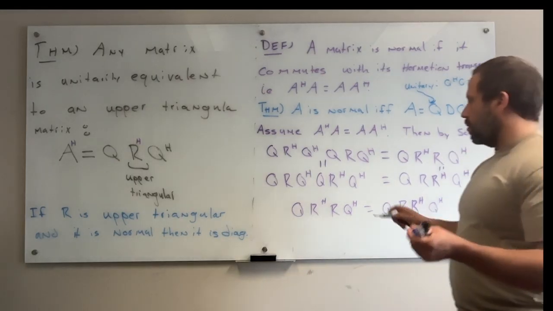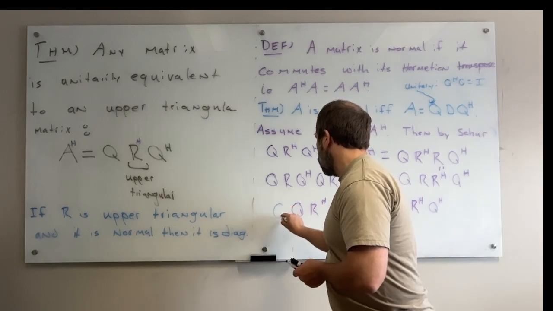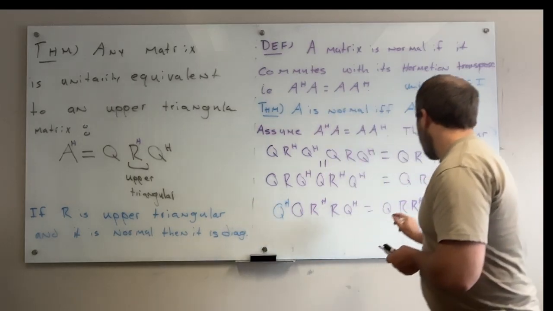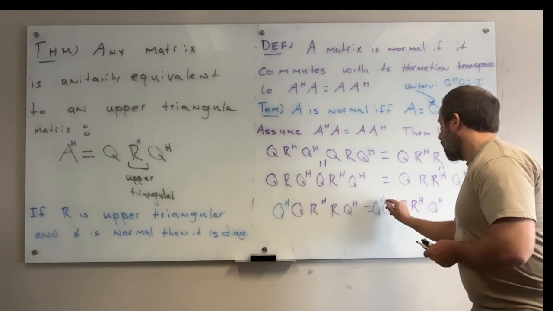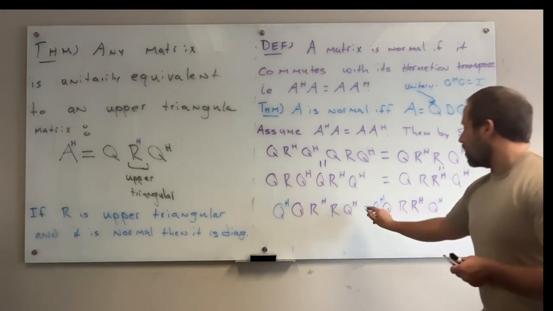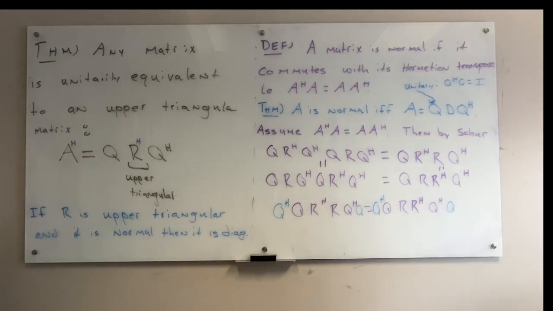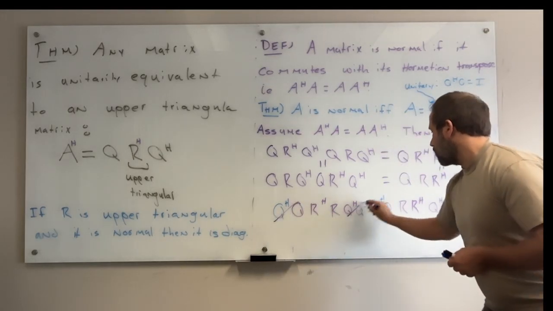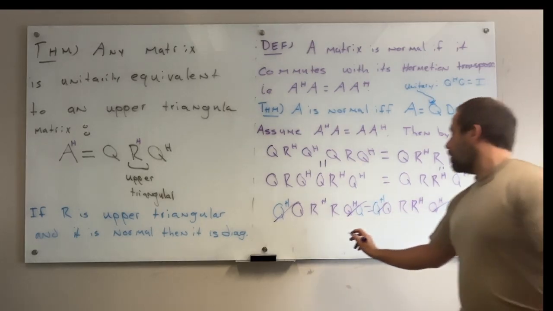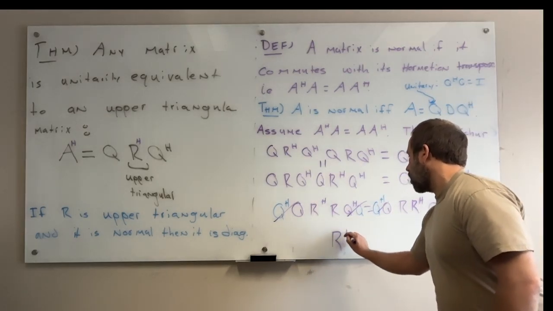Notice what happens if I multiply on the left. These two things are equal. So if I multiply on the left by Q^H, I'm going to have this. And if I multiply both sides on the right by Q, I get this. Q^H Q is the identity matrix. In other words, those cancel, those cancel, those cancel, those cancel. And so we're going to get R^H R